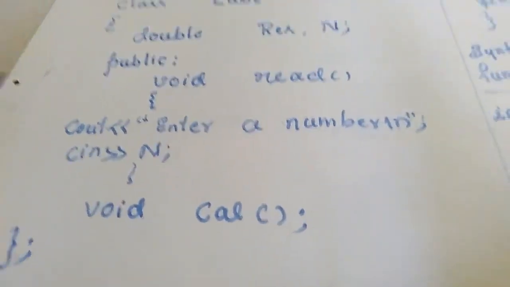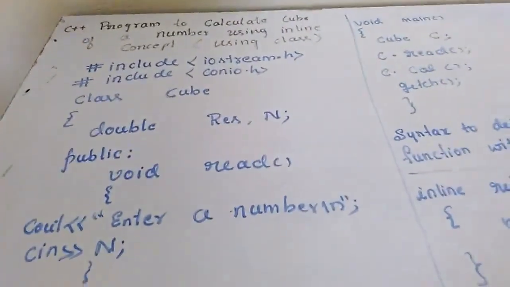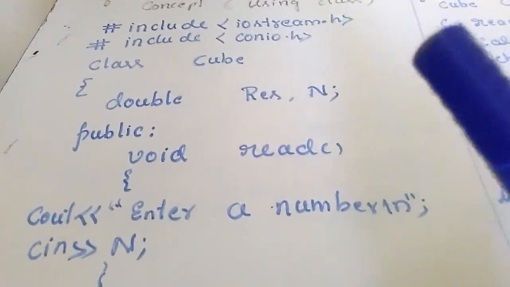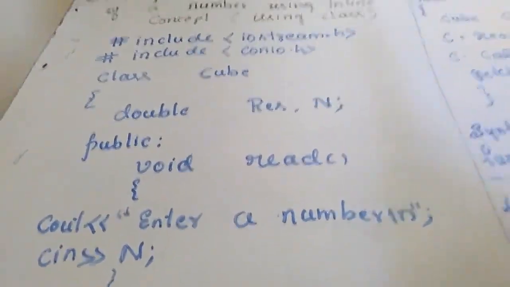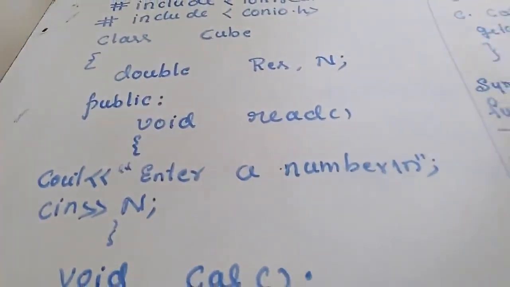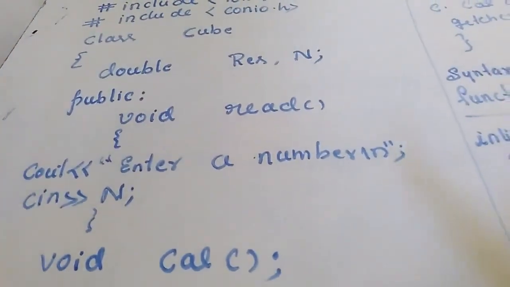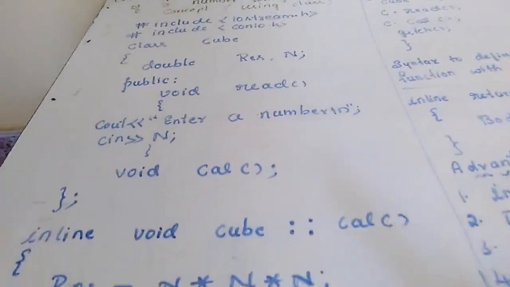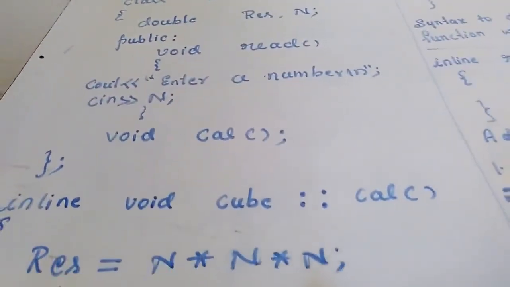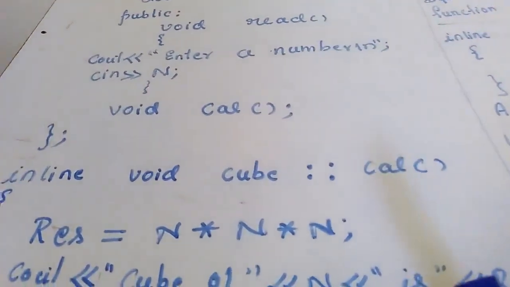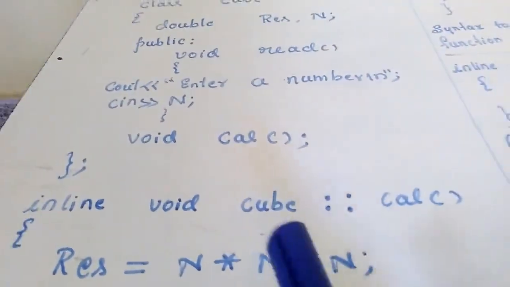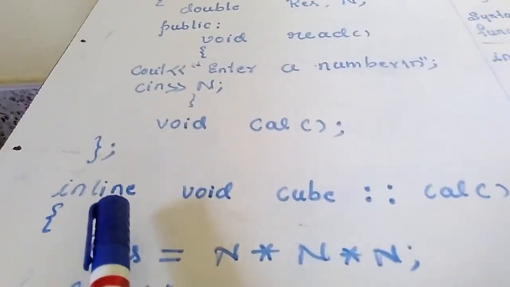One more concept you already knew from the classes and objects chapter: if we define any function inside the class definition, by default it becomes an inline function. Though we won't use the inline keyword, it becomes an inline function. If you want to make any member function inline explicitly, you have to add the keyword inline. Whenever you define a function outside the class, it executes as a normal member function. So though I defined it outside the class, if I want to make it inline, I must use the keyword inline.